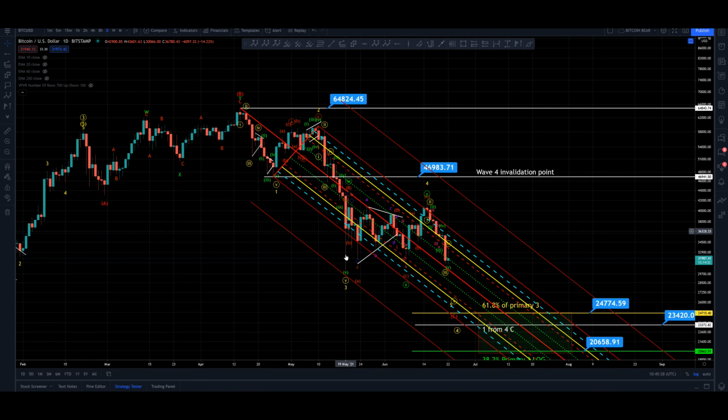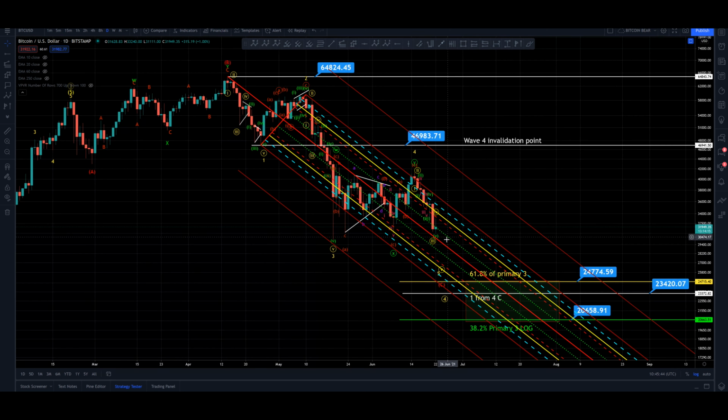We get that volatility spike to the far outer bound, but we don't body a candle below the inner outer bound of the pitchfork. You see what I mean? With the spike, spike, spike, spike. And then we come back to the outer inner bound of the pitchfork here. We're currently around the median line, and we could easily thrust down to the outside of the fork again